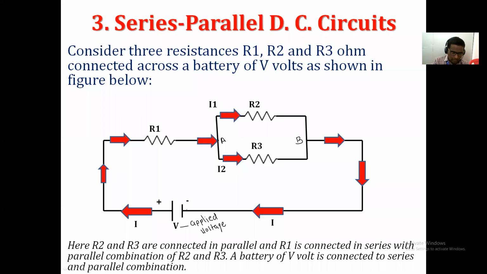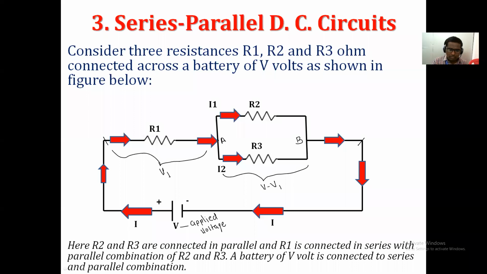If you see, this total voltage is connected in between these two points, and it is available across this series and parallel combination. Suppose I say the voltage across the resistor R1 is V1. So what voltage is available for the parallel circuit? Can I say it's V minus V1? Absolutely correct. So V minus V1.